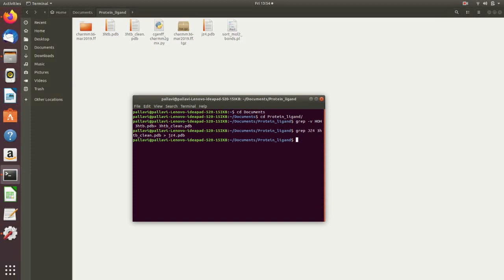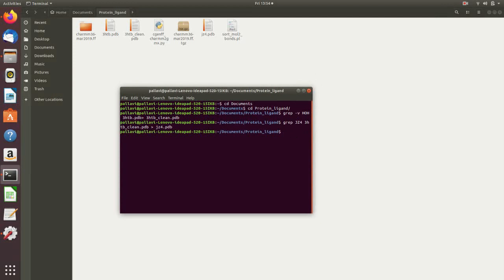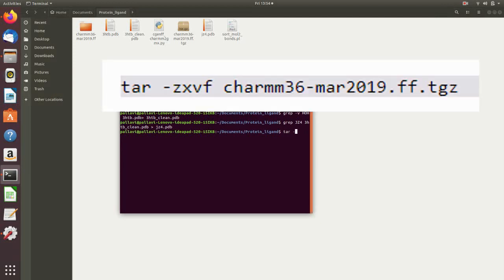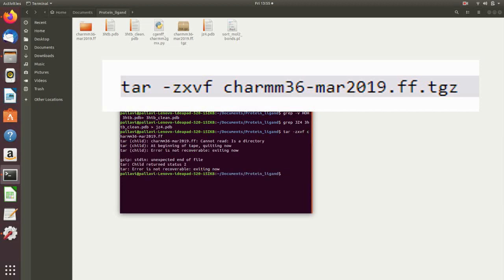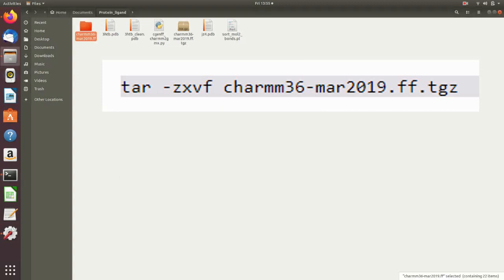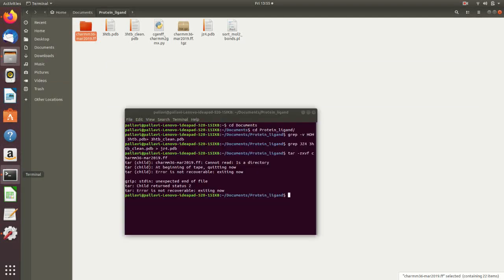Now we need to unarchive the CHARMM36 force field, which can be done using the command tar -zxpf and then the charmm folder, and then the charmm folder will be unarchived in your directory.